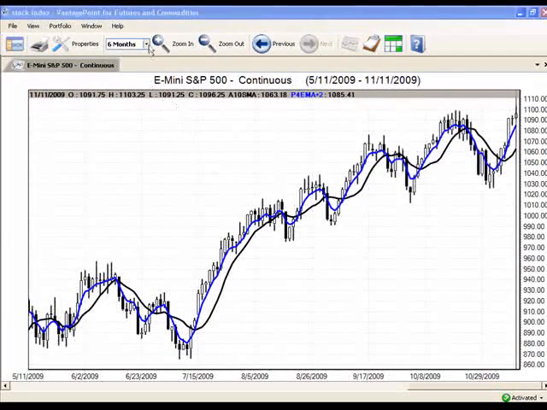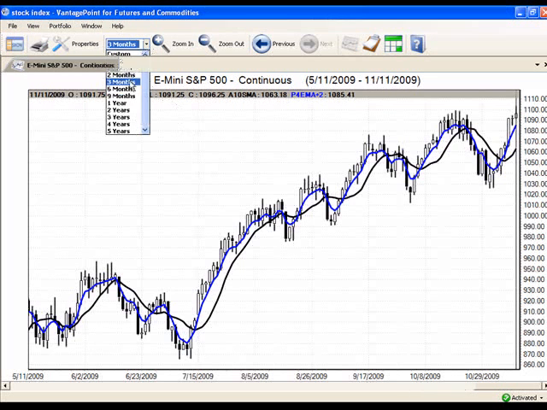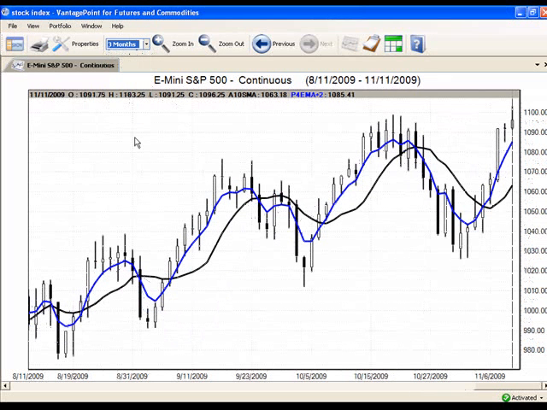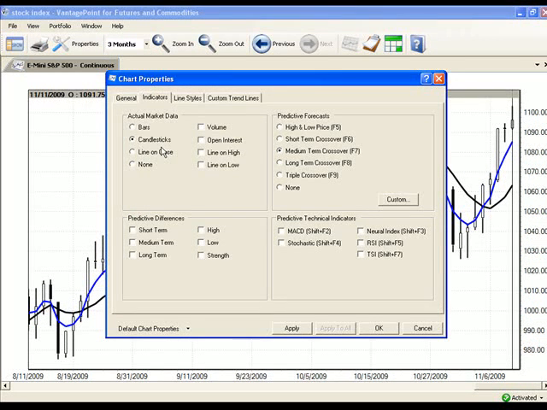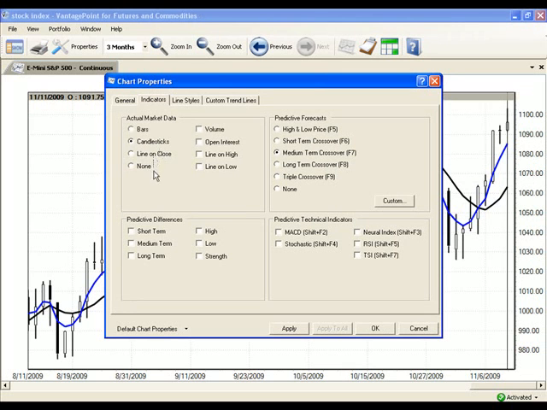Now you can take a look at different time frames. I'll just show this on a 3-month, and this just gives you a different view. I tend in a situation with moving averages to look at the longer time frame because I want to know where it is in a historical perspective. The other thing you can do, when I go to properties, I can change my time frame into short-term crossover situations